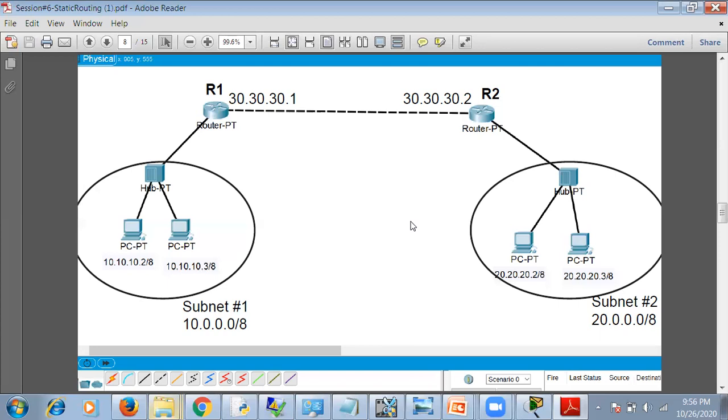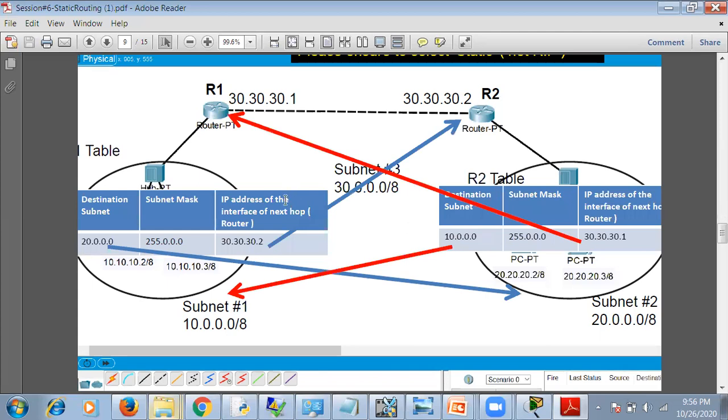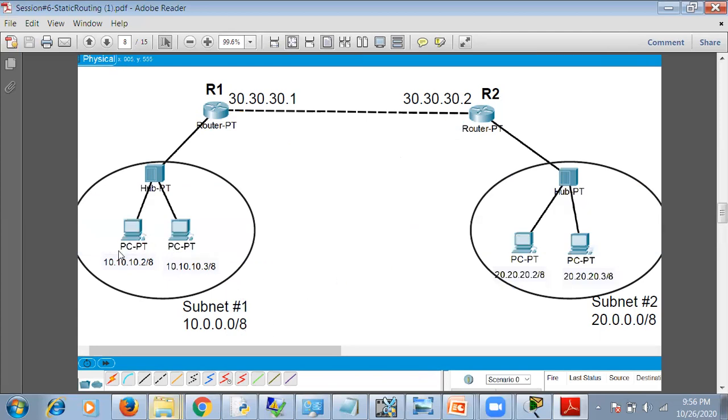Now we'll see how the tables have to be maintained. This is static routing, so we ourselves have to add the tables. Each router will maintain a table. Now suppose this PC has to send a message to the second LAN, LAN 2. The network address is 20.0.0.0 and it has to go through this link.